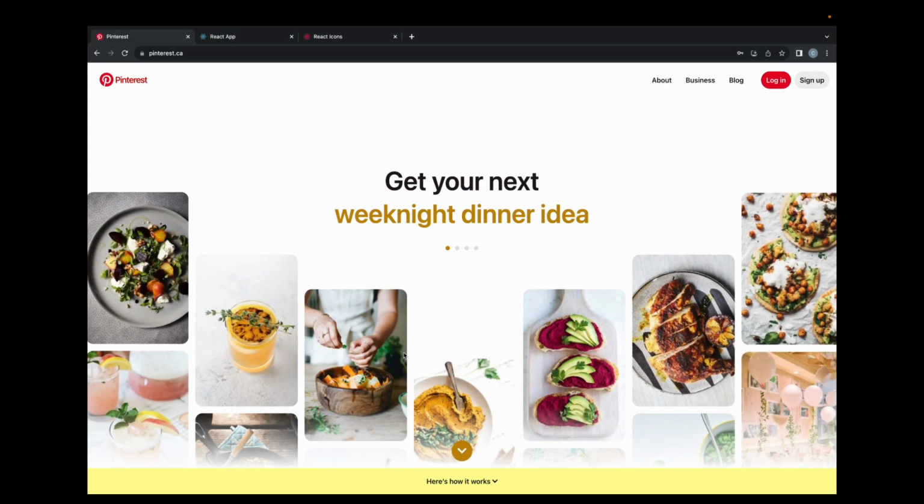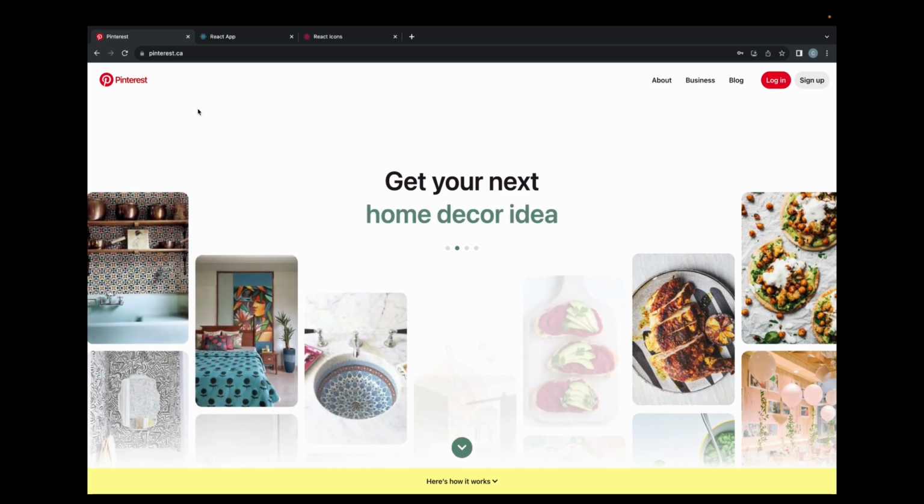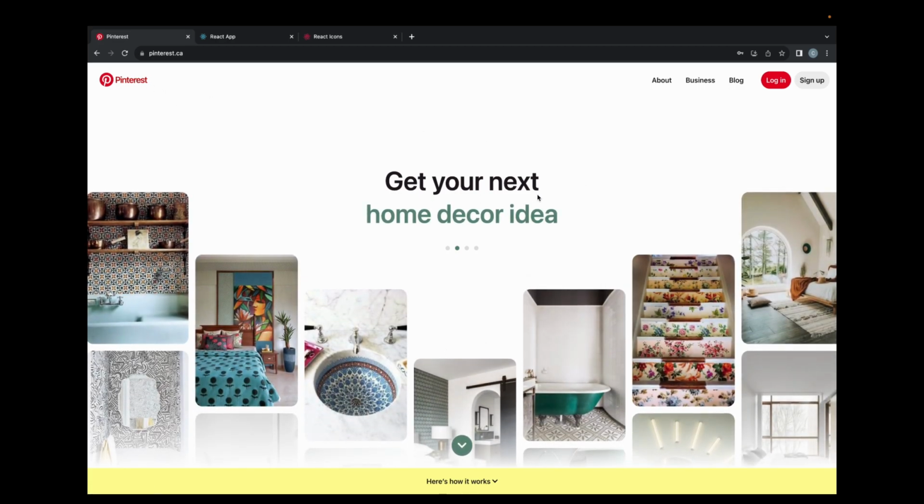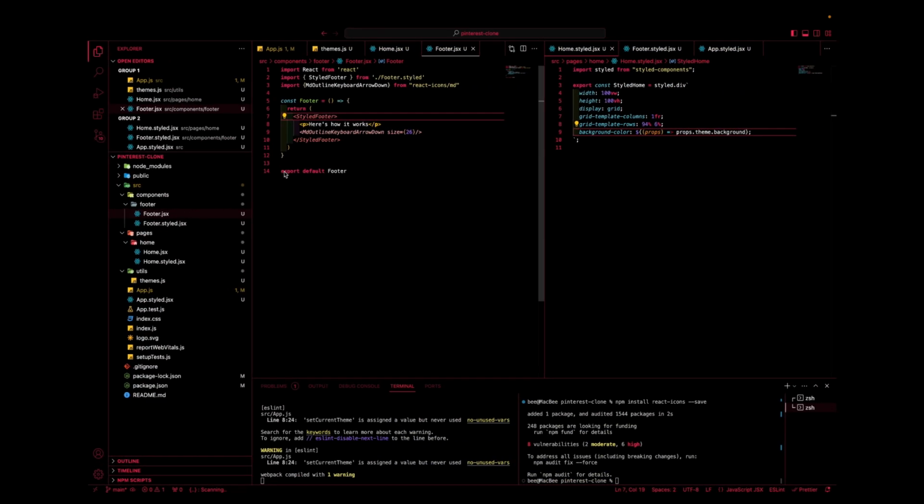Okay, so let's talk about this text. If you notice, we have a lot of text on this page, some with different colors and different sizes. So this means we're going to need a reusable text component. So let's go ahead and deal with that. But first, I want to show you that styled components actually let us extend